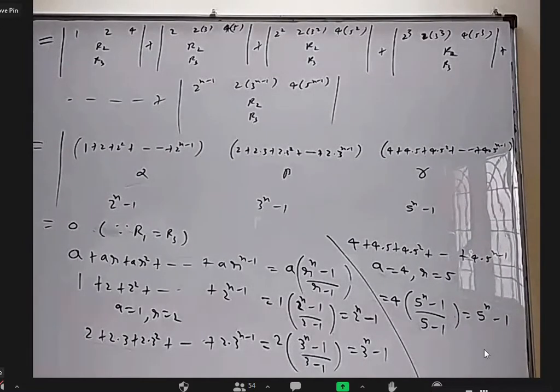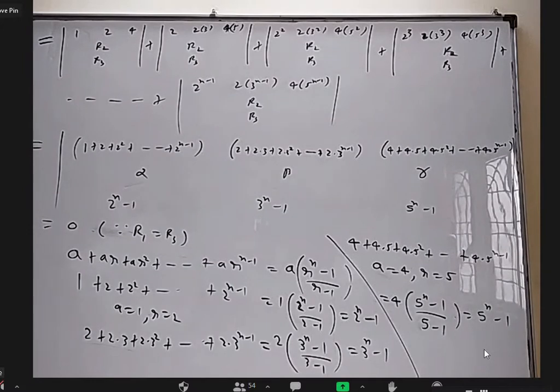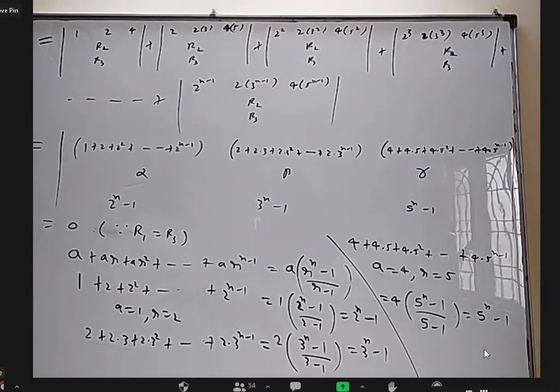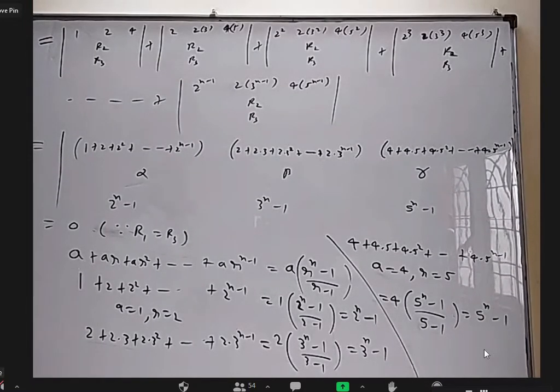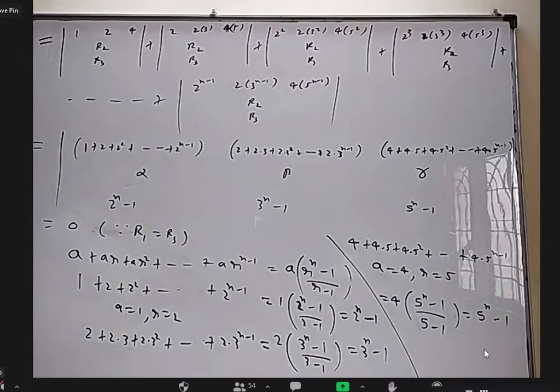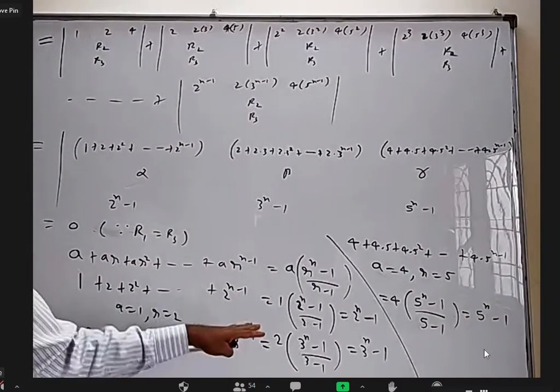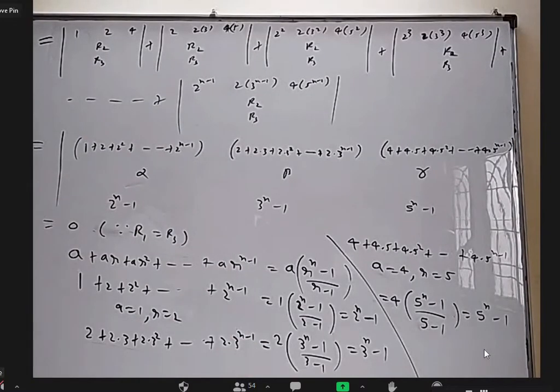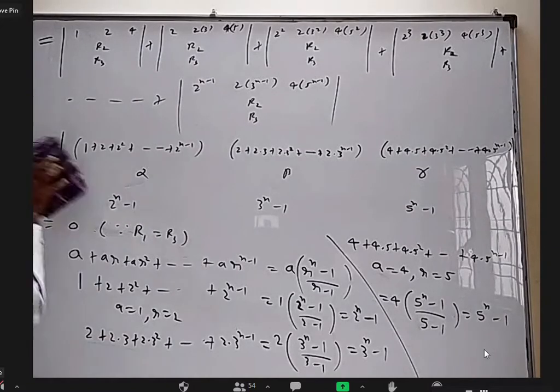Okay, we have done enough questions on proving the determinant equal to 0. I can give a lot more questions, but just so that we will know the different properties that we learned, how to use them in different ways. Later on in our mains material, we'll do some more questions. Okay, anybody has any problem with the geometric progression or any part of the solution? No, sir. Can I erase this whole thing? Yes, sir. Okay.